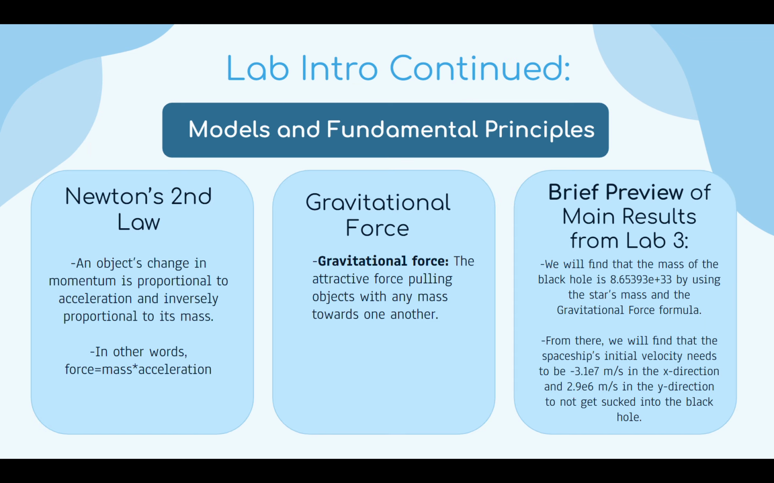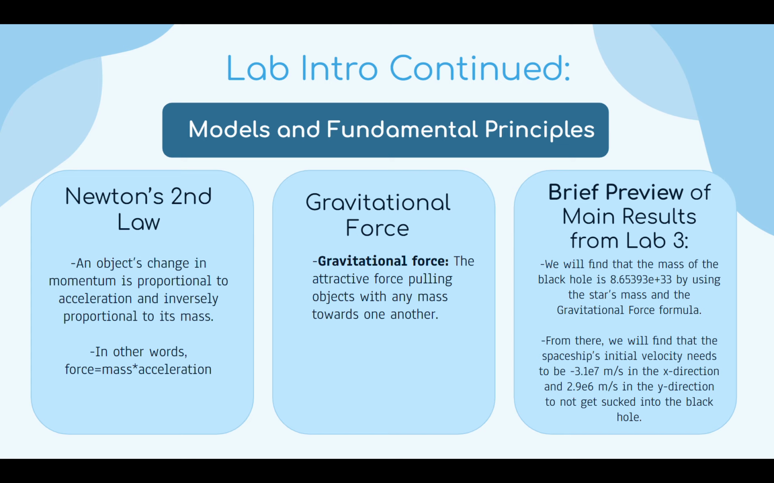So what we find through this intro is that the model and fundamental principles used are Newton's second law, which shows that an object's change of momentum is proportional to its acceleration and inversely proportional to its mass. And in this case, we look at F net is equal to F parallel plus F perpendicular. We also look at the gravitational force, which explains that there is an attractive force between any objects with any